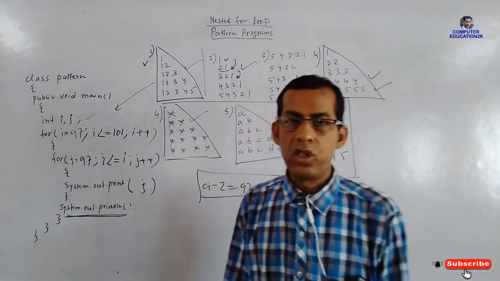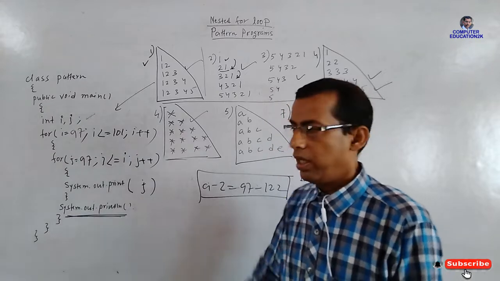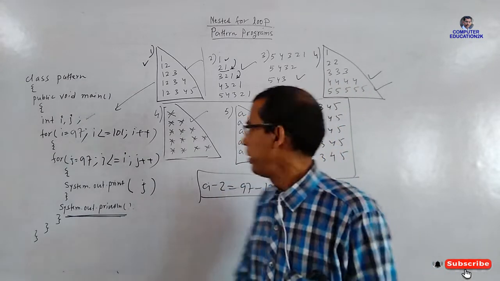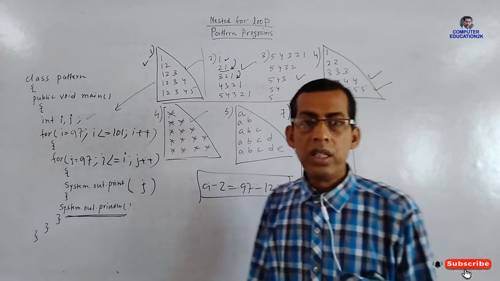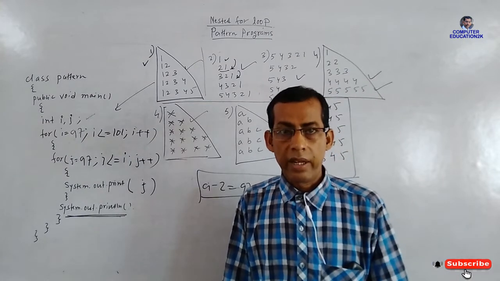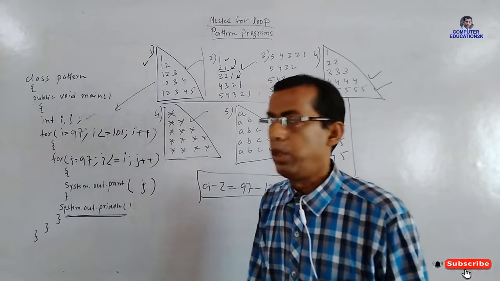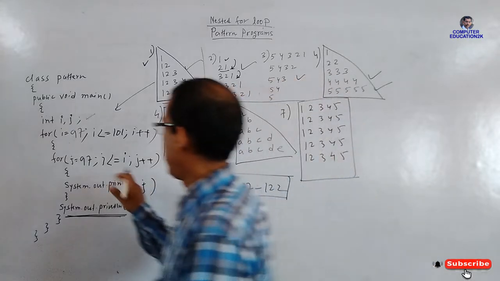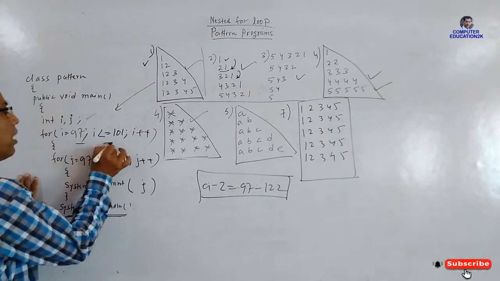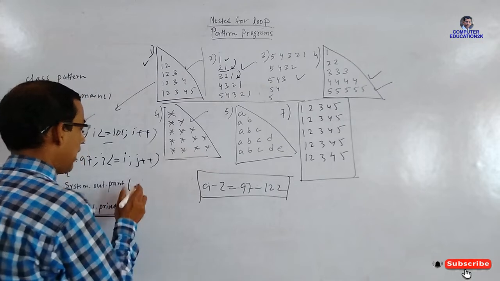It will not print A, B, C, D. If you write here J, then it will print all these numbers. But you need the character value of these numbers. So if you write like this, character